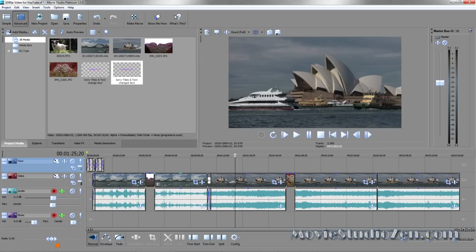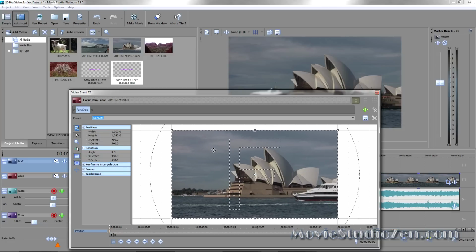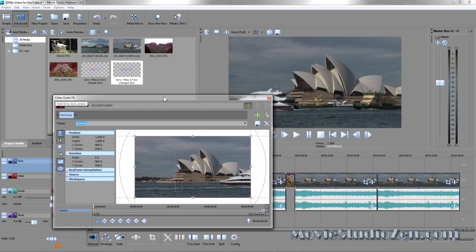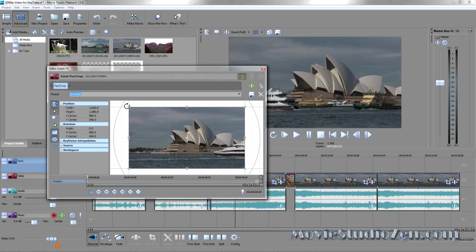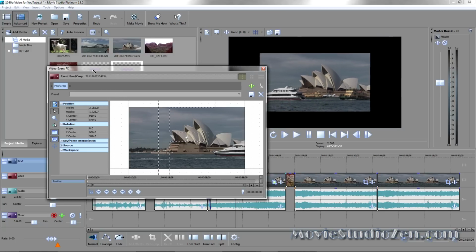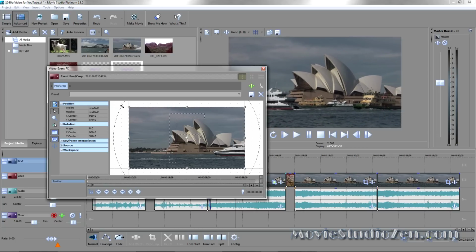In all the videos on the timeline, you'll see the same controls popping up. The first one, Event Pan Crop, if you press that, that opens up this window. Now by using the wheel on your mouse, you can control this again. So I can make this a little bit smaller if I wish. And this gives you the ability to zoom in and out on your video clips. There are lots of different combinations in this window, and I've got other tutorials on it. I'm just making you aware of the basic functions of this.